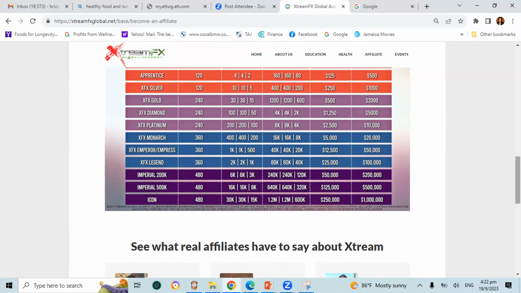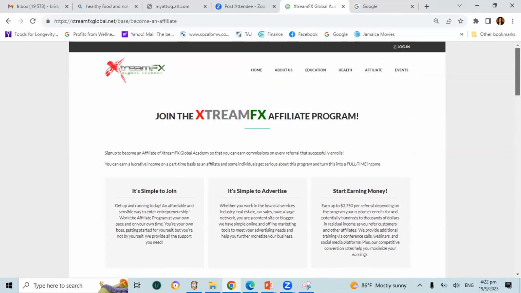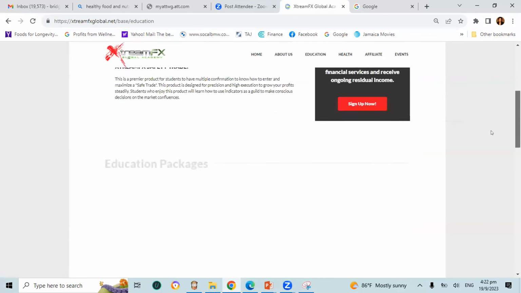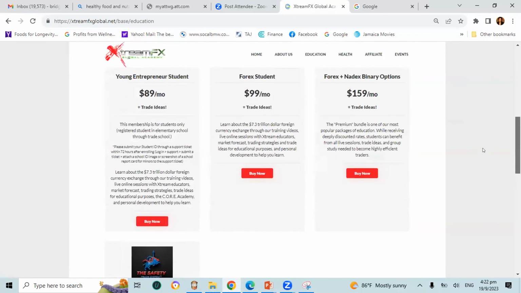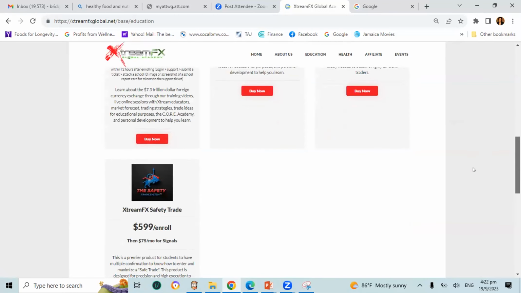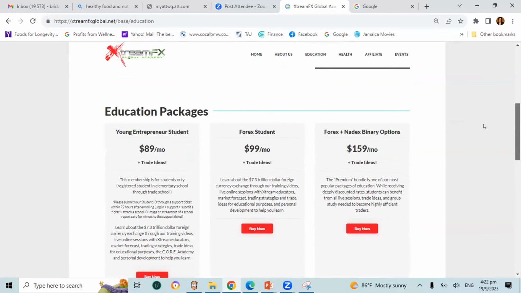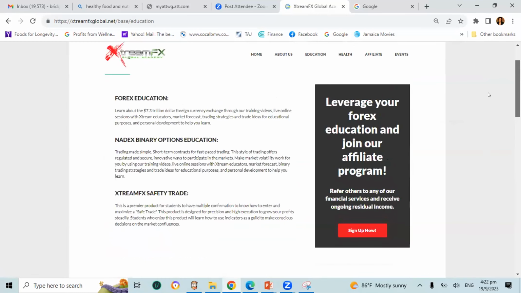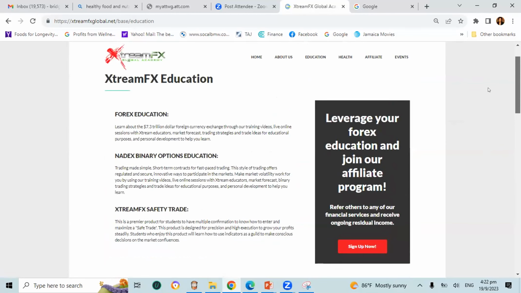Those people who want to do that, we can show you how to do that very simply. It's so simple. We have a system, easy peasy. Regardless of whether you choose an education package, you don't want to do any of that, just give me Safety Trade, no problem. Come over here to education. Get yourself one of these educational packages, sign into your back office, go into your shopping cart, add Safety Trade, sign the NDA, get set up, go to training, start to trade, make your money, you're done. Good. Every month you pay a membership, trade on, be happy, no problem.